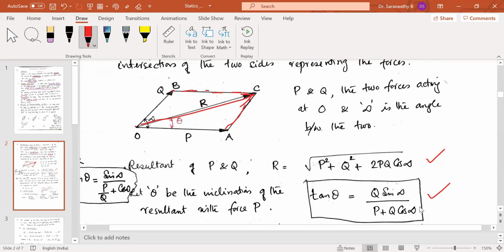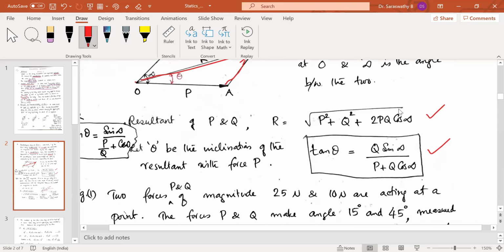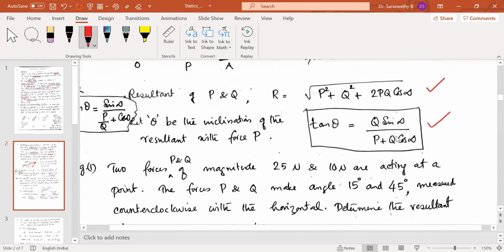You just remember this. So the parallelogram law is applicable for finding the resultant of two forces which are acting at the same point, and if the two sides of the parallelogram are represented in magnitude and direction by P and Q, the diagonal will give you the resultant. So we'll have a small example based on this to familiarize you. Already you might have known this. Still, as a review, check this question.